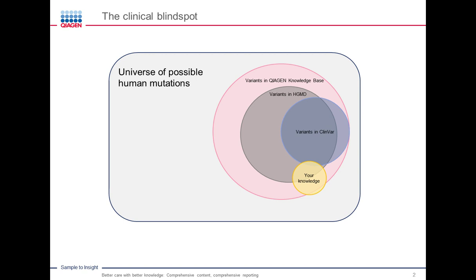Now, when we talk about clinical knowledge, we typically talk about clinical breadth and clinical depth. Clinical breadth can be defined as how large is the domain of knowledge, and that can be measured by, for example, the number of unique genes that are curated or the number of variants that are curated. Clinical depth, however, is really talking about how rich or deep is the knowledge that we're curating. And one way to measure that is the number of citations associated with each gene or variant.